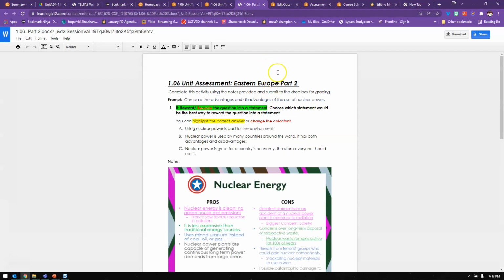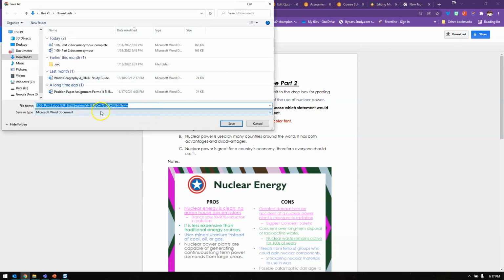Now this is the important part. You're going to go to download. You need to download this document. So we're going to download it, and then we're going to save it. All right, now, one thing that's very important where it says down here, Microsoft Word document, save as type, don't change that. So what I'm going to go on ahead and do is it says 1.06 Part 2 docx, and